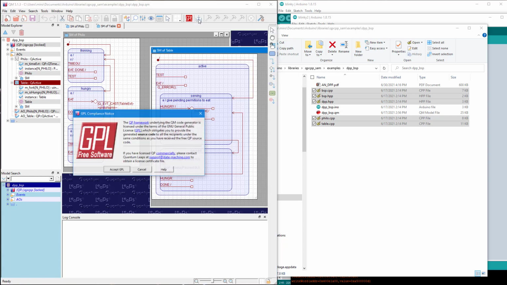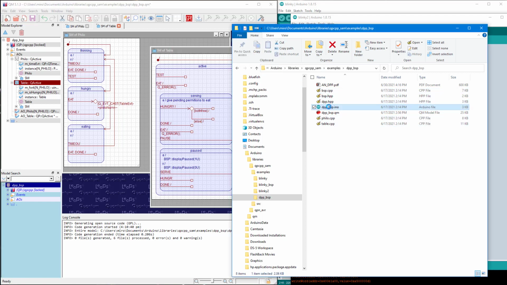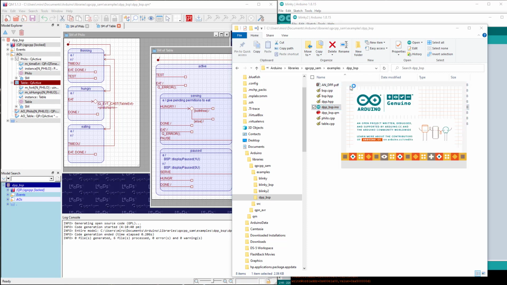As usual, you use the QM tool to work on your state machines and also to write any code you need. Then you generate the code and use the Arduino IDE only to build and load the binary image to your board.